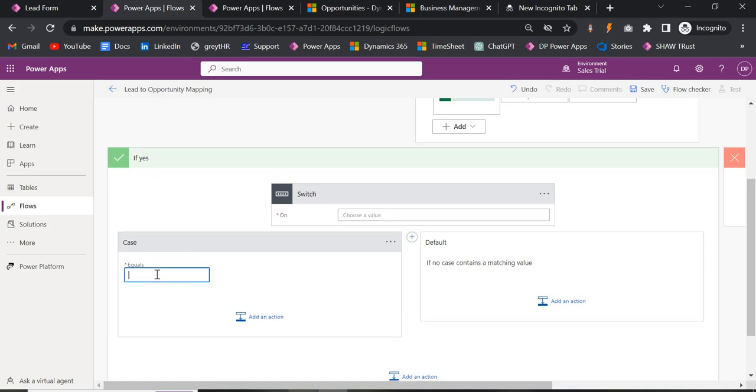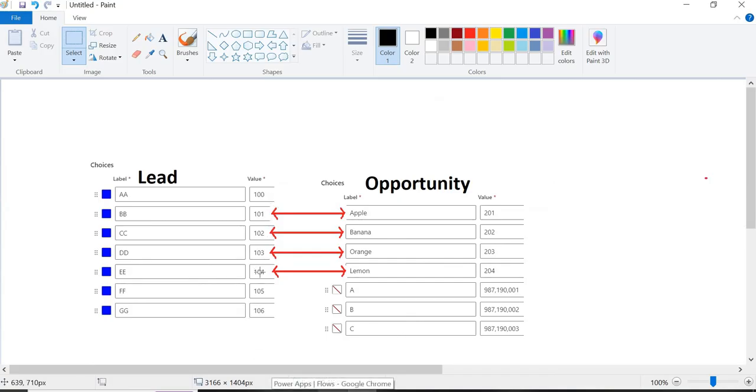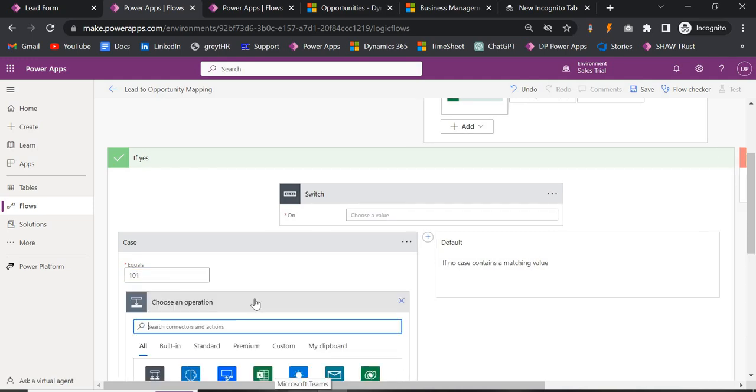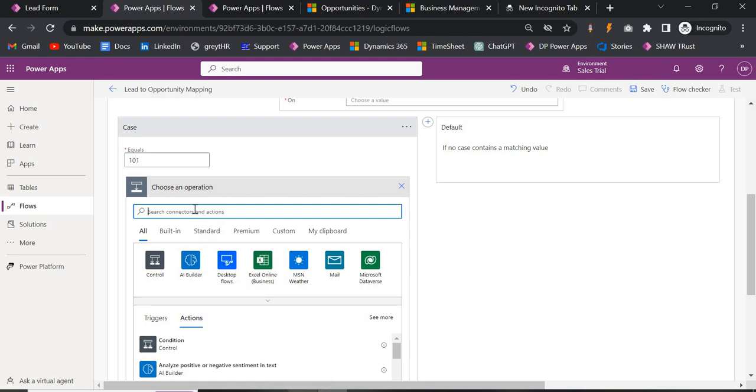Now equals to, here what is the value you are trying to check, here we have different kinds of values. So I want to map only for these 4. If it is remaining, then we will handle it later. So as of now, let me go for 101, 102, 103 and 104. So coming here, whenever it is 101, then what do I want? I want it to set a variable